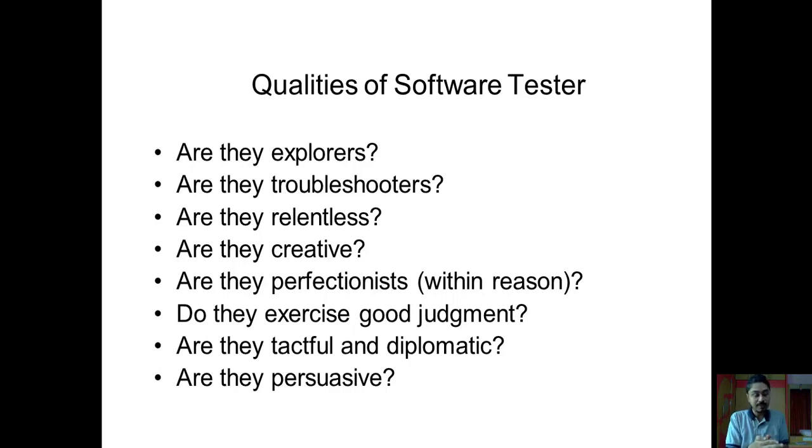But at the same time, you should have another approach to look at the software, which the developer would probably have missed. When the developer is developing the software, there is only a single angle to look at it, the developer's perspective. But as a tester, you should look at it from different angles. There should be a 360-degree view of the software. So these are some qualities that everyone working as a software tester should have.